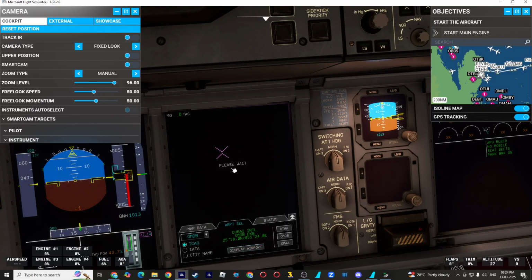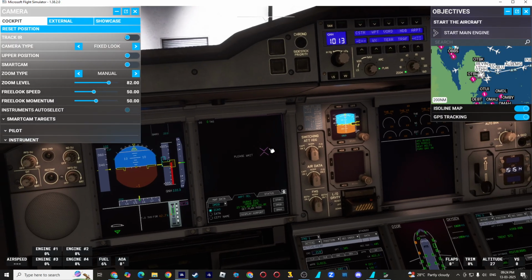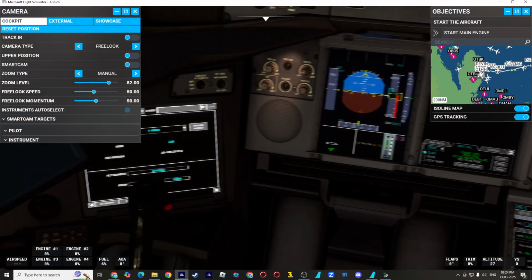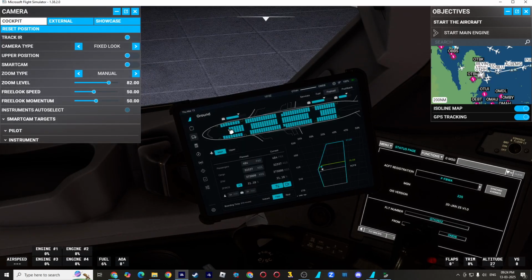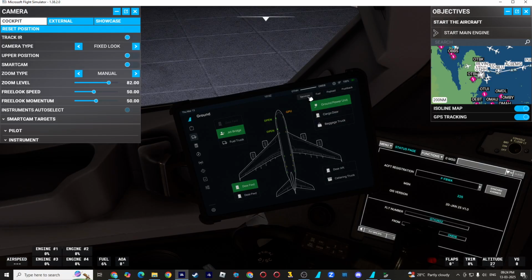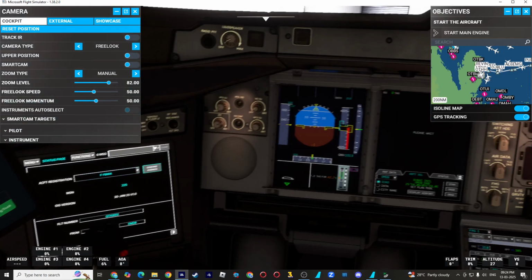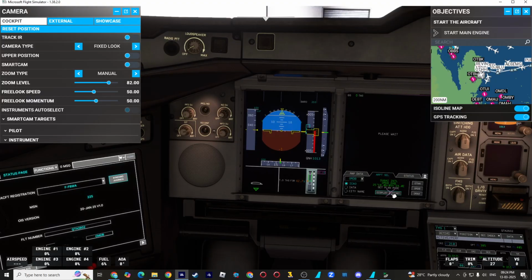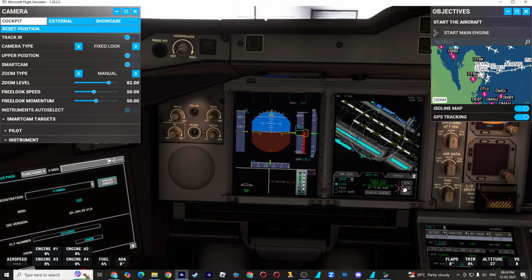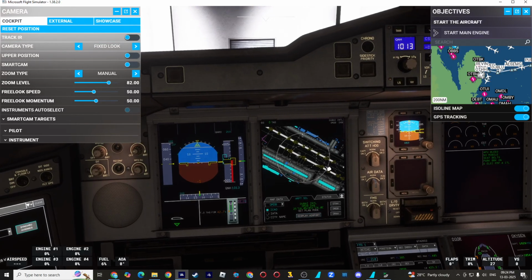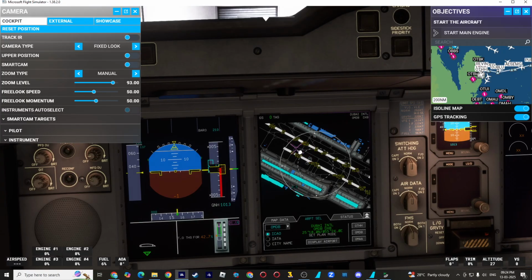Let's display the airport. It's gonna take some time. In the meantime, we can just check on how the passenger boarding is going on. Okay, seems like everyone's finished boarding. Let's check on services. Yeah, I think we need to give some catering to the passengers and get the baggage truck over here. Perfect. Let's just check on if it's loaded. No? Okay. It's still gonna take some time. There you go. Okay. So now I'm gonna teach you how to set up the BTV system on the Airbus